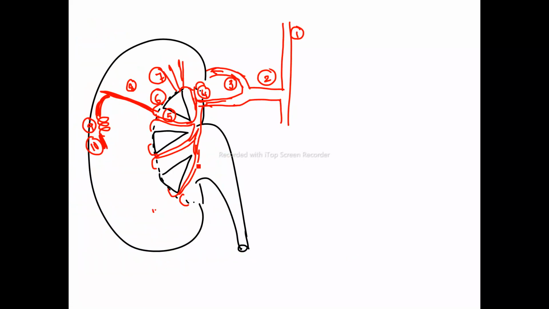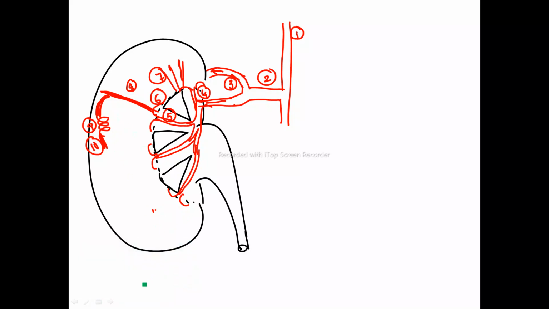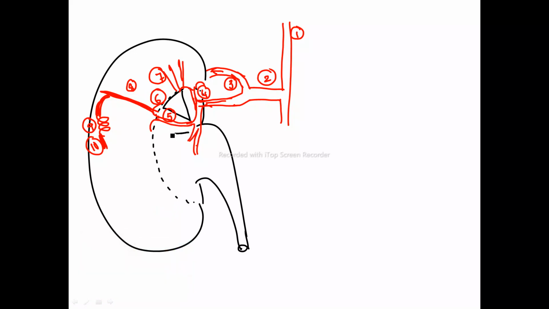Fine. Now we'll try to fit a nephron over here, and we know where exactly the positioning will be. I'll be drawing the nephron with green color. I'll be erasing a few more objects over here for better spacing, hopefully not erasing our kidney. Just one renal pyramid I'll have.